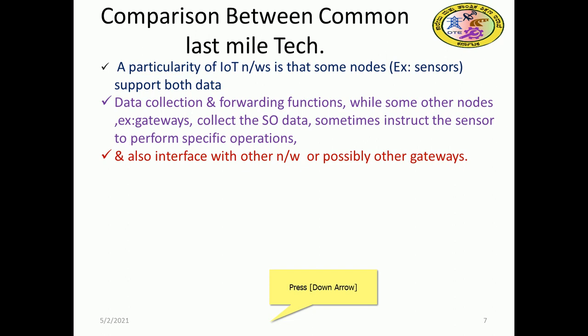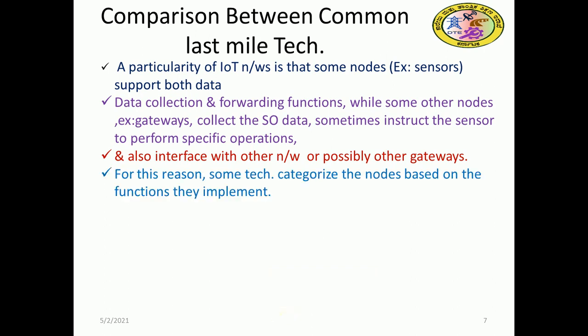That is possible if somebody is requesting the data through that other gateway, so that smart objects can send the data to them also. So for this reason, some technologies classify the nodes based on their functions. In order to cater to this kind of facility, the smart objects can contact multiple gateways. In that sense, the categorization may be essential. So we can impose some rules on these smart objects, so that it can talk to somebody, or it may not talk to somebody, right?